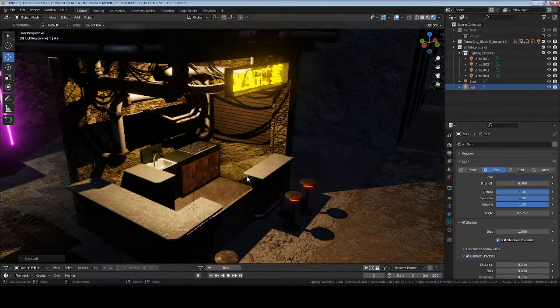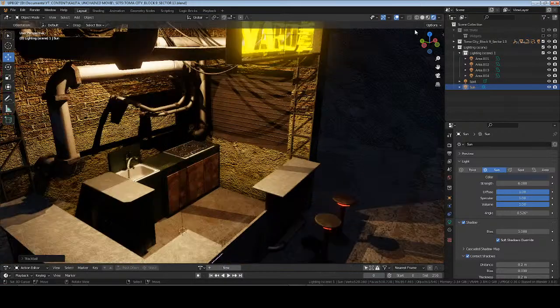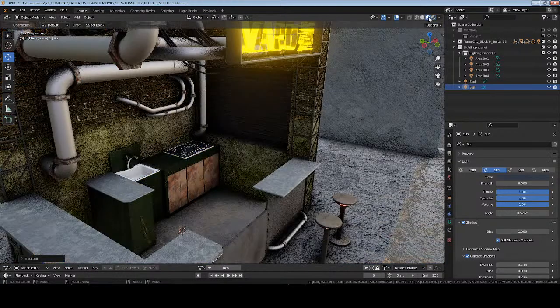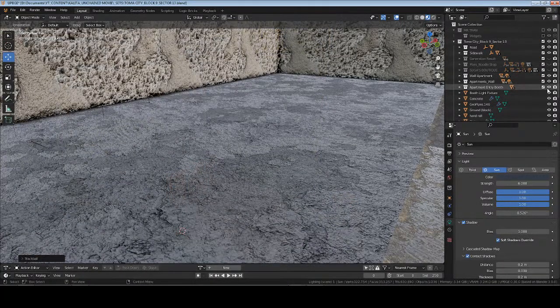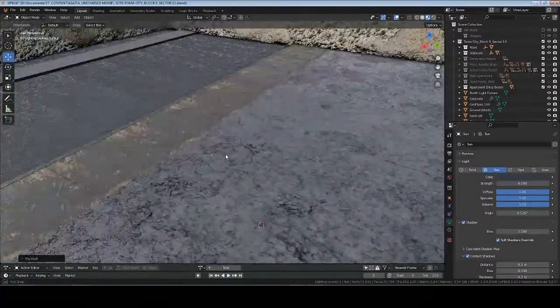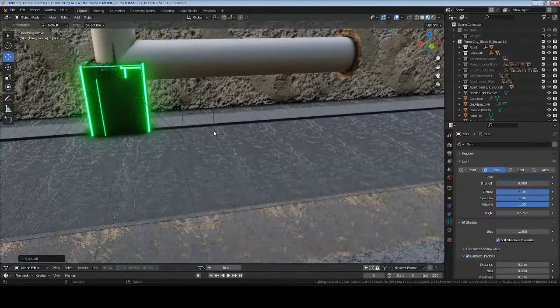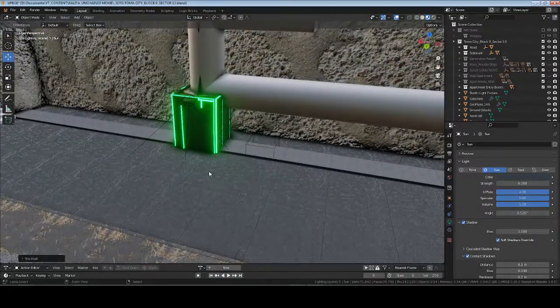I'm gonna start turning this stuff back off, though. Sugars is off, the shop is off, and the apartments are off. Okay. I don't need them right now because I need to focus on